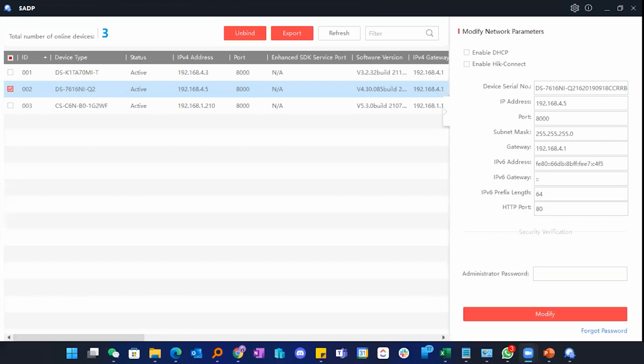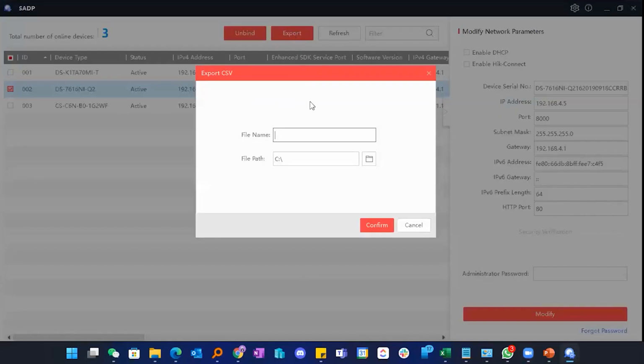He asked what kind of details will be exported in this SADP tool. Definitely. Normally when you do export, all the details in this table will be exported as an Excel file. This is useful when you want to get an idea about all the devices on a network. Let's say there's a customer location and you want to know serial numbers, IP addresses, device models, and everything. You can simply open